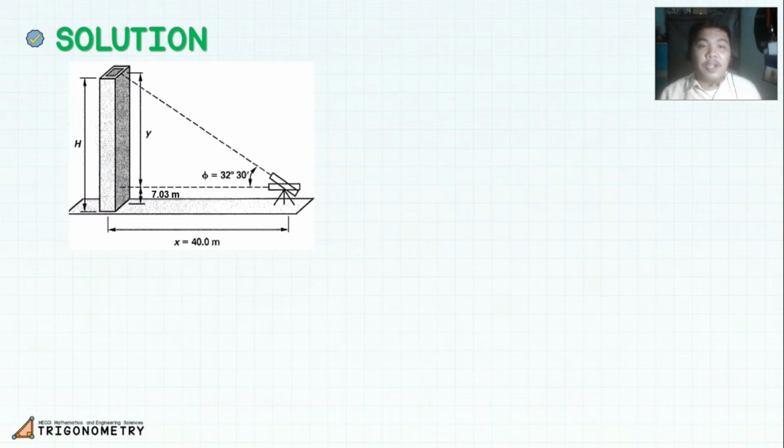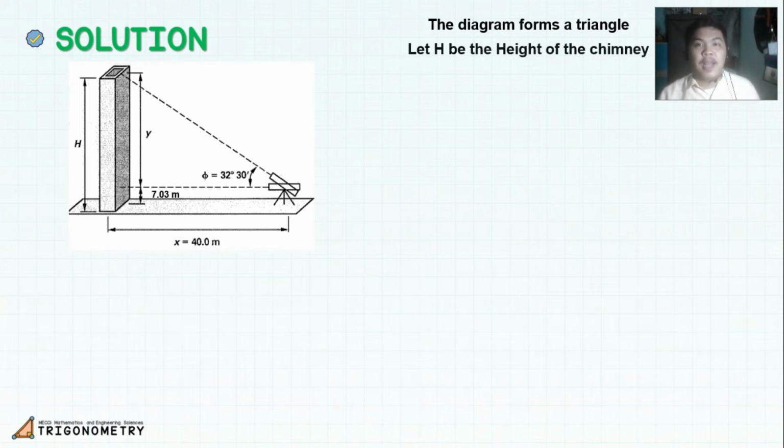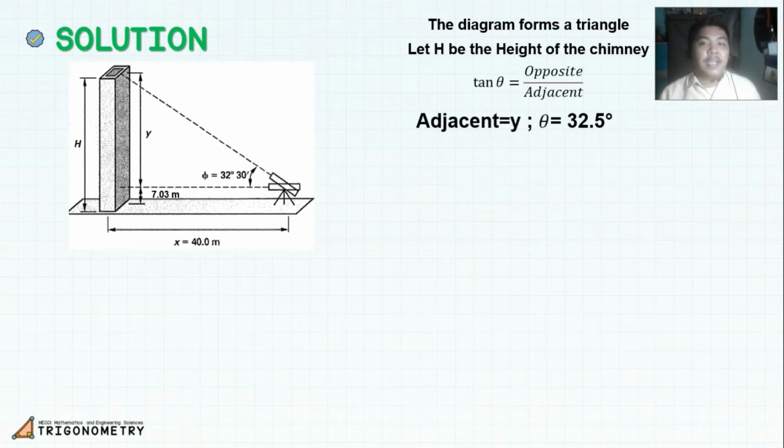Okay, so over here, as you can see in our diagram, the diagram forms a right triangle. That is why we can use SOHCAHTOA or the trigonometric relationships. Let h be the overall height of the chimney, and then we can use the tangent relationship, or TOA, which is tangent theta is equal to opposite over adjacent, where adjacent will be 40 meters in our diagram and theta will be 32.5 degrees. Plugging in our values, we can get the length of the opposite side,